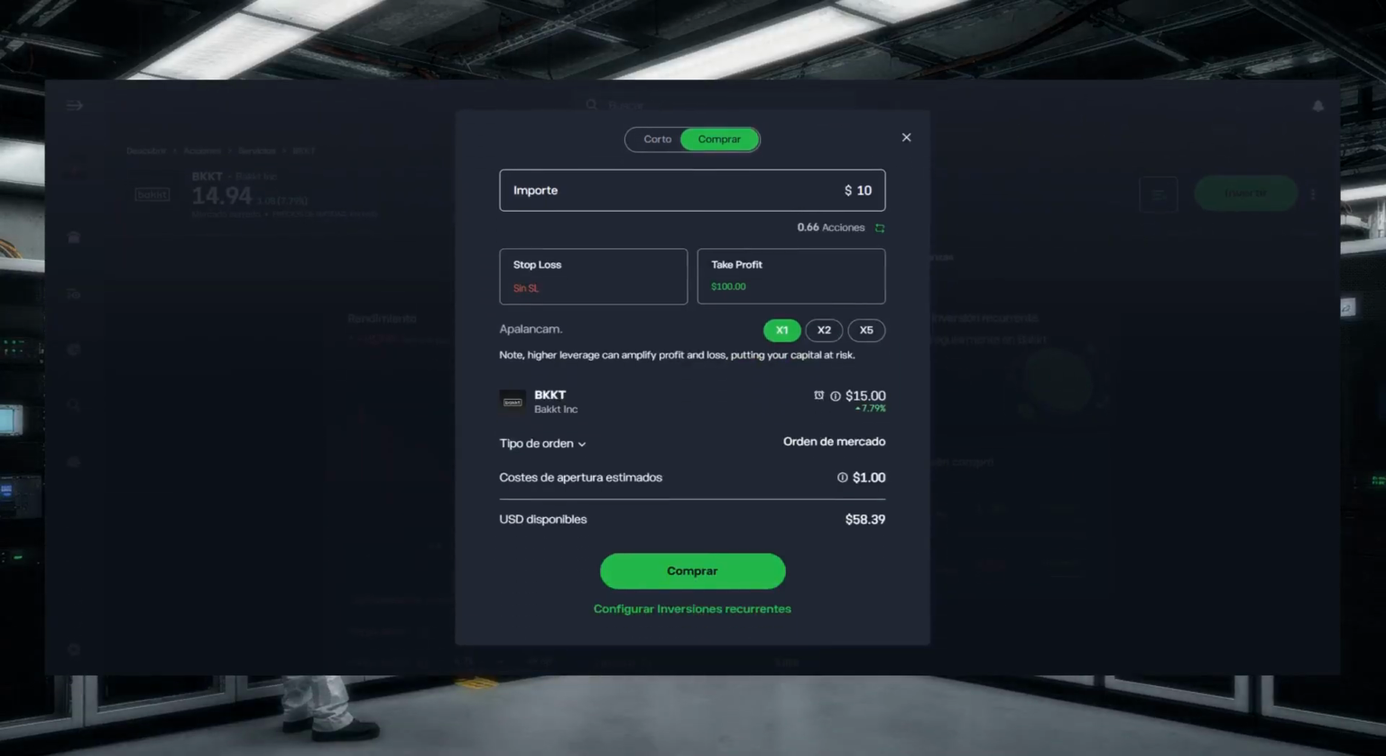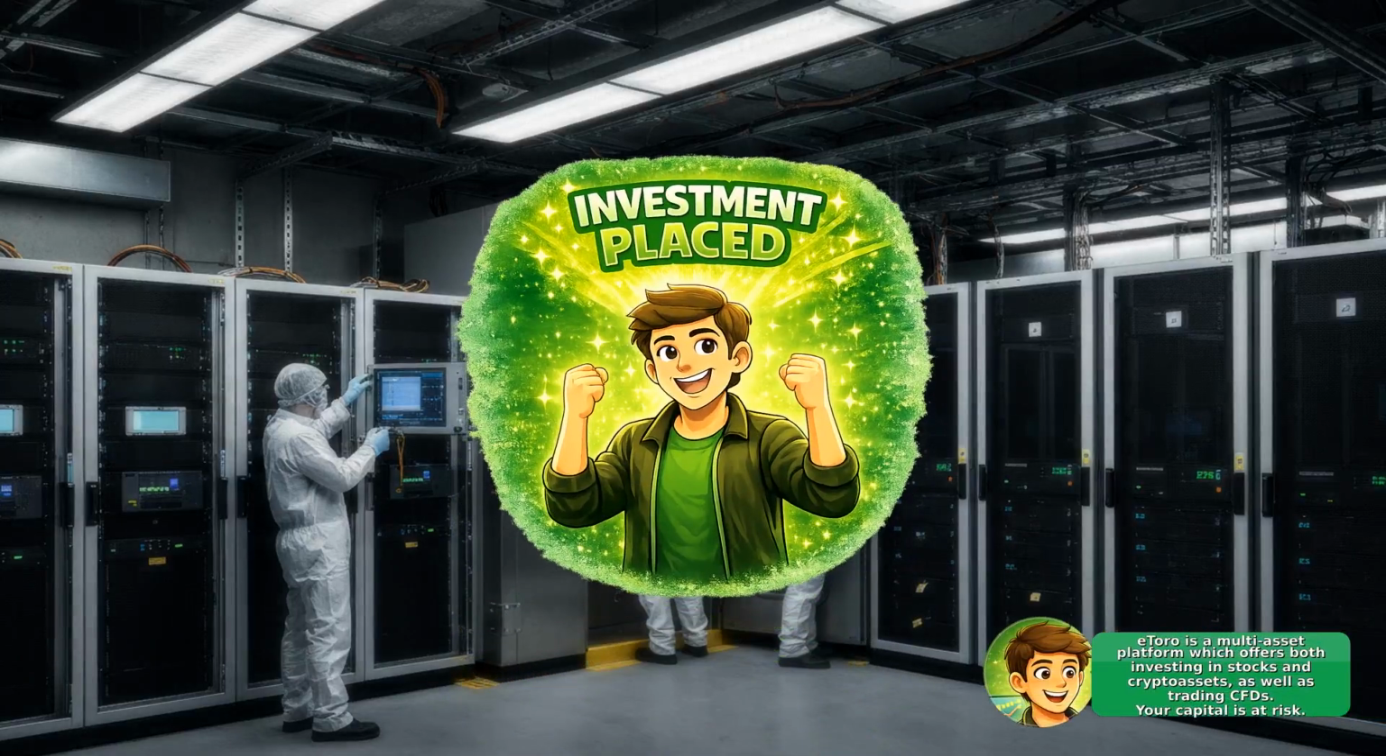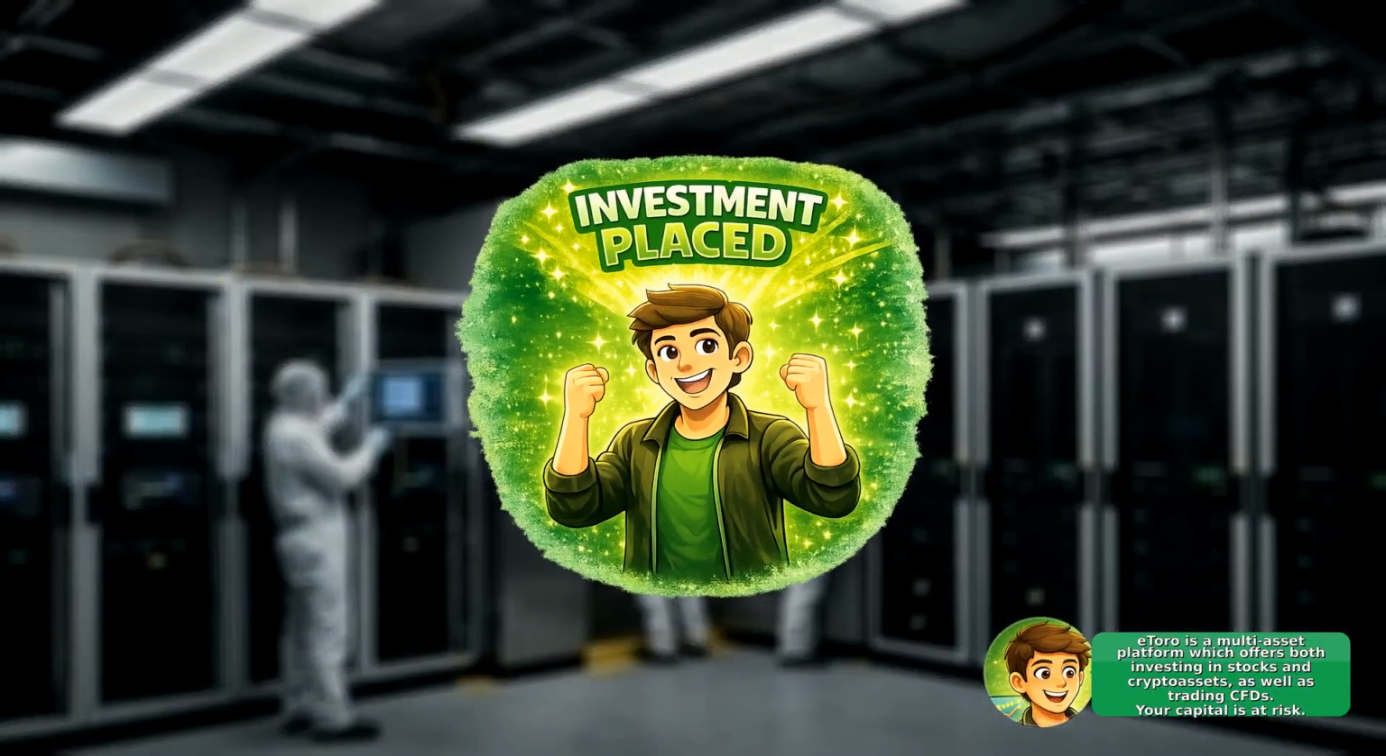To invest, click the Trade or Buy button, enter the amount you want to invest, and review the order details before confirming. If the market is closed, your order may be scheduled or queued, and if you do not have enough funds, the platform will prompt you to add money before final confirmation. Once executed, your Bakkt position will appear in your portfolio, and you can